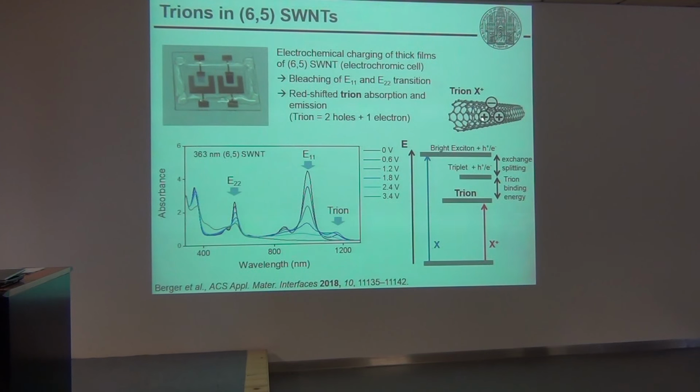A trion is a charged exciton. So if you charge your material and then you excite it, you actually get a charged exciton. And this charged exciton is usually, it's always redshifted. It also shows up in TMDs. And the trion here, this is an experiment in absorption with a very thick film of carbon